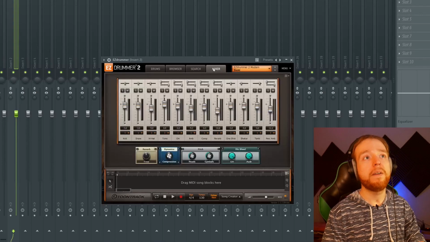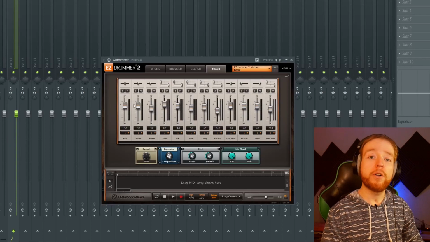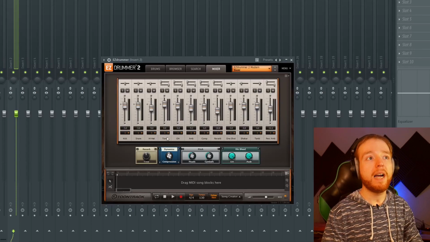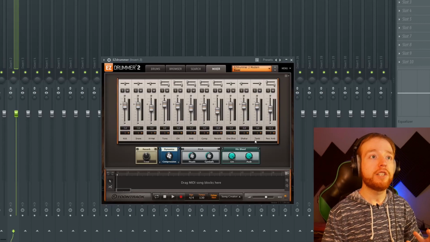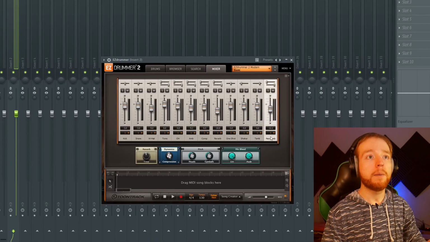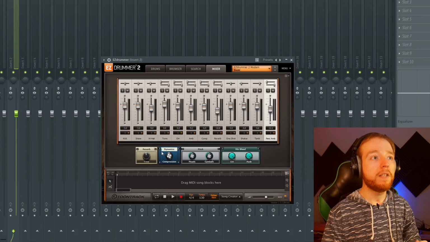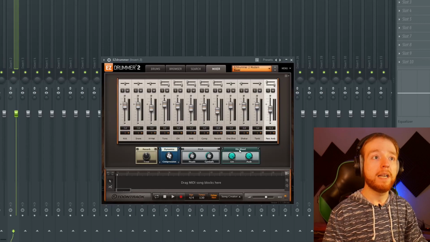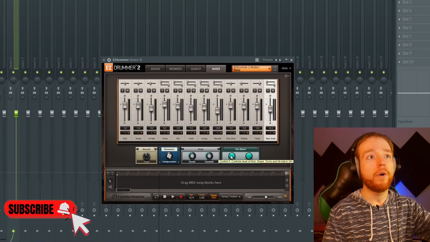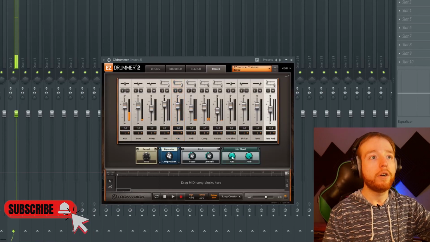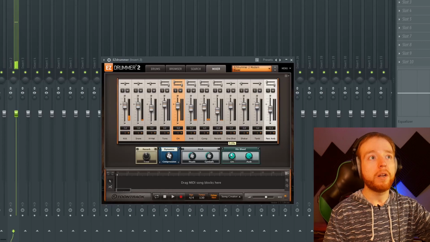But right next to that you have your mixer tab. Adjust the volume of your kick, your snare, your hi-hat, toms, overhead, ambience. You got your one-shot, shaker, tambourine, and percussive ambience. And then right below that you have your different reverb settings, compression, pitch, and mic bleed. So if you don't want any bleed going on in your overhead, turn it all the way down. But if you want it all the way up,